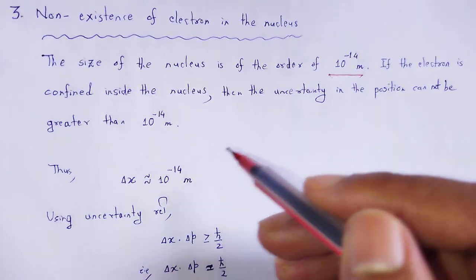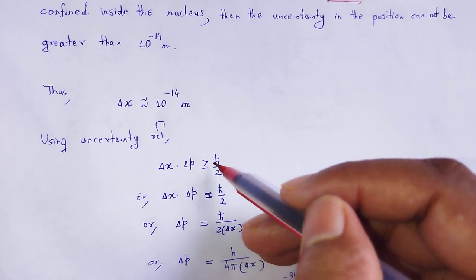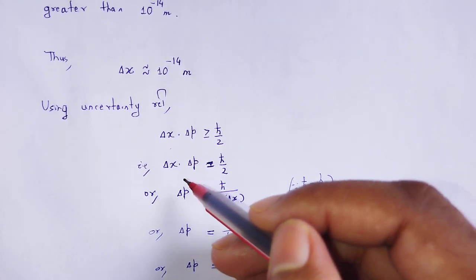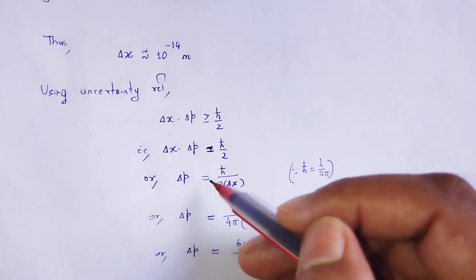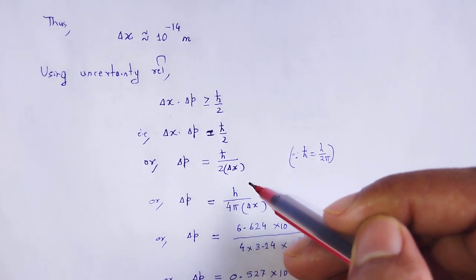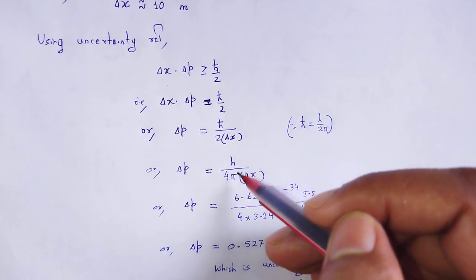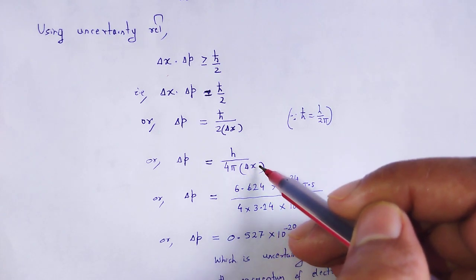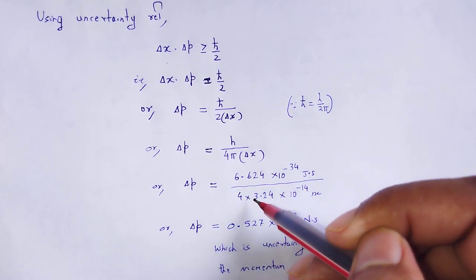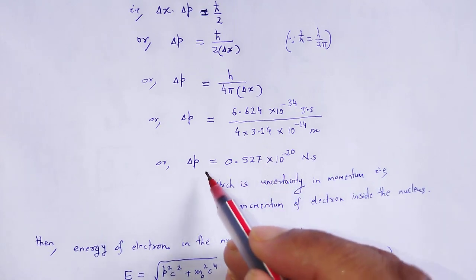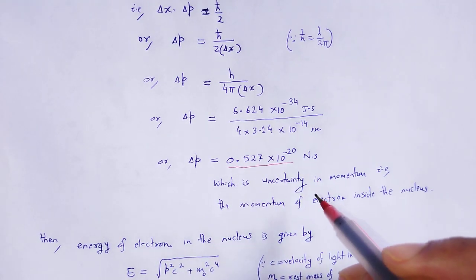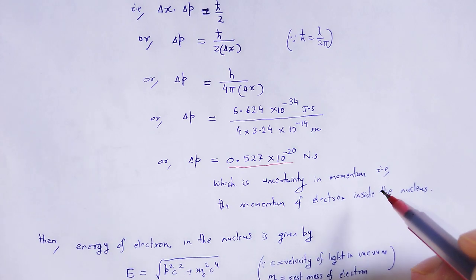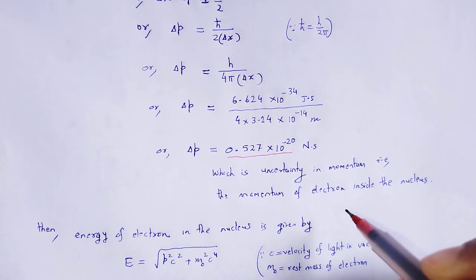14 meter. Using the relation del x del p greater than or equal to h bar by 2, that is del x del p is equal to h bar by 2. So del p is equal to h bar divided by 2 into del x, where h bar is h by 2 pi. The uncertainty in position and the constant values are put in, and we obtain del p equal to that value, which is the uncertainty in momentum,